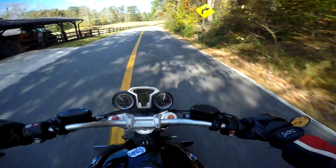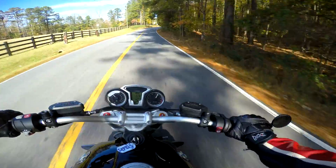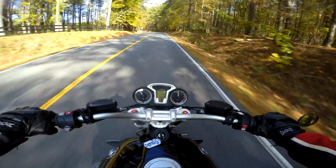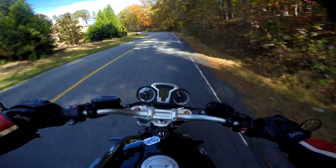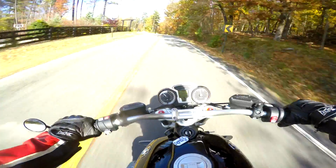I'm having to keep it at about a quarter throttle because I can feel that front wheel lifting, and I really don't want it to lift on me and then set it back down on this bike, specifically because the tires are new. I don't want to wash out the front and wreck this bike because that'll be a bad day for everybody. Now, this bike also has an aftermarket whole front end assembly. It's been gone through by, I don't recall the company name, but